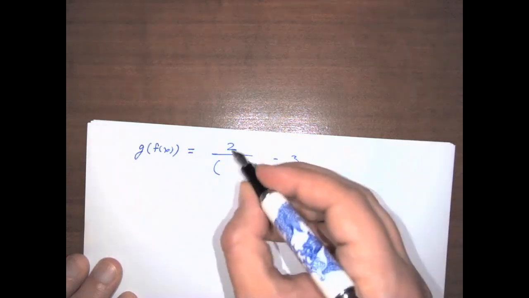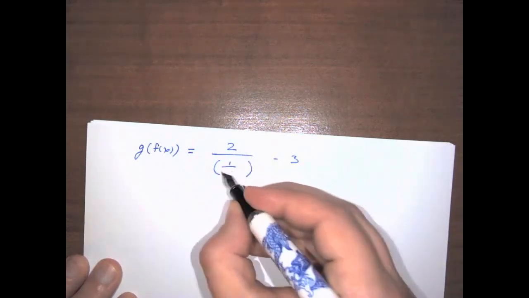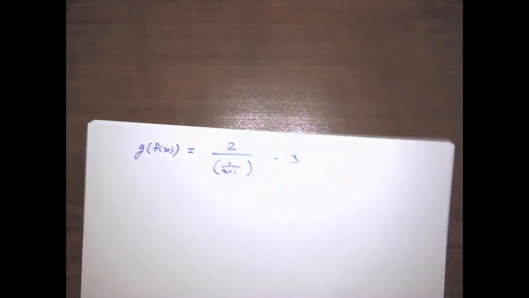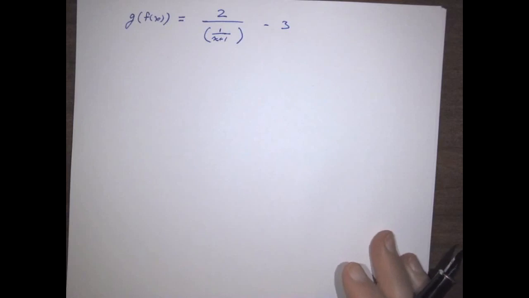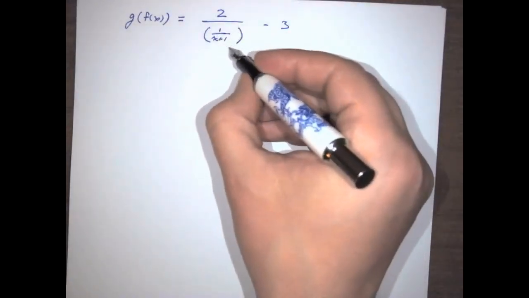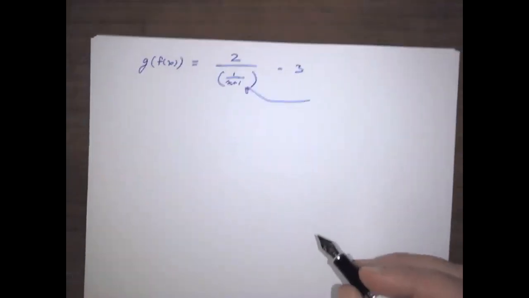And so here we have 2 divided by, and now it's going to be 1 over x plus 1. Now, right here, looking at this, we want to be careful in that we can't let this denominator as is equal